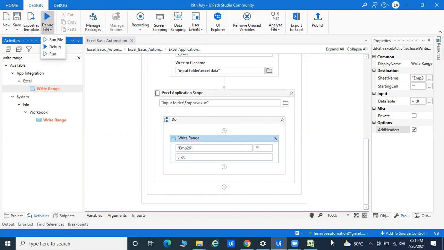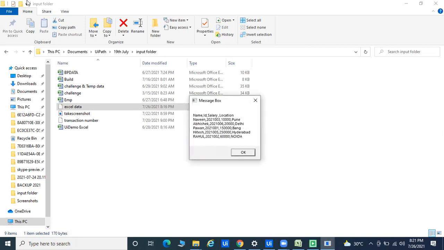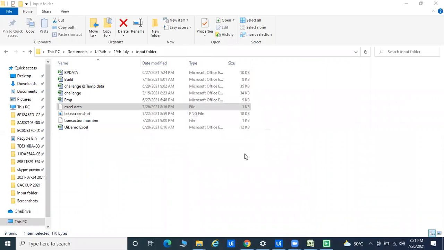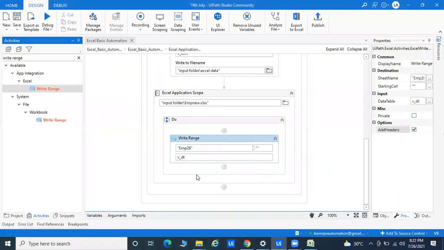If my Excel sheet is open, let me show you. Right now you are getting the OK button. We are getting the output here in your UiPath, and it has already created the Excel sheet.